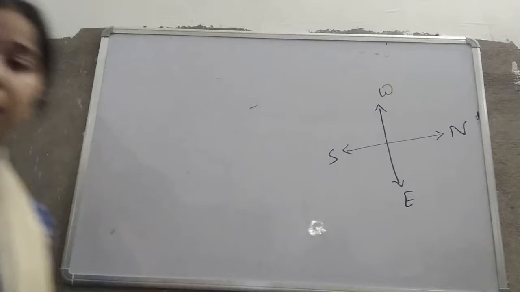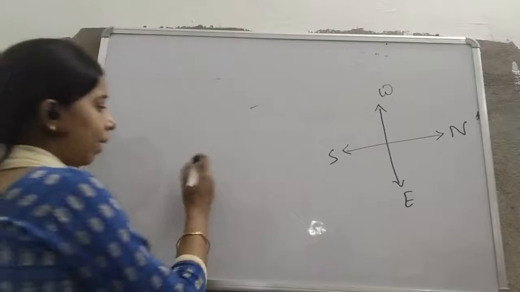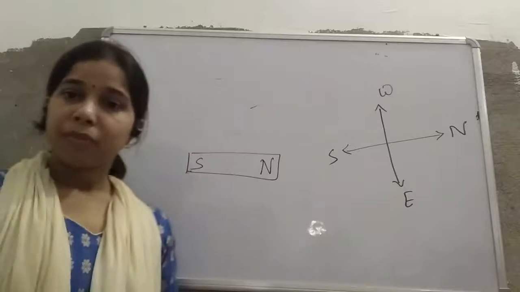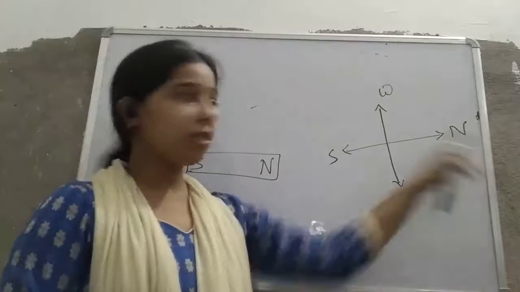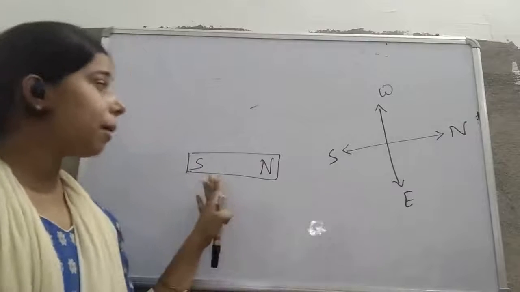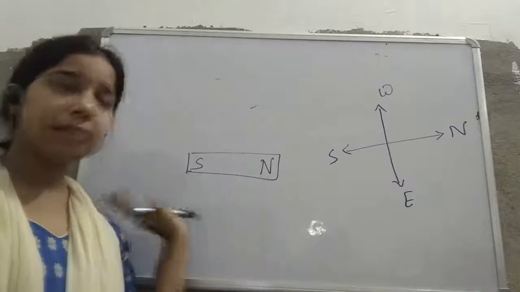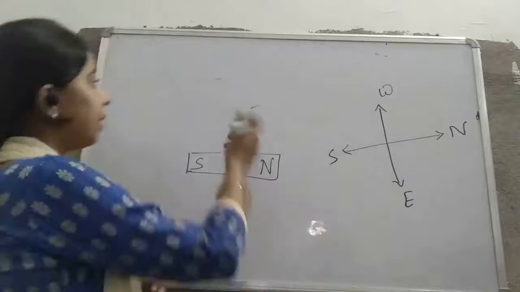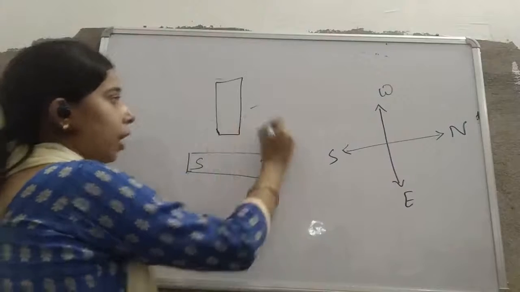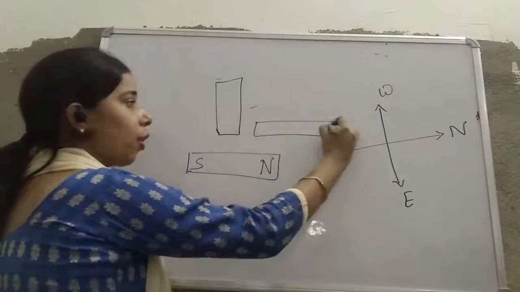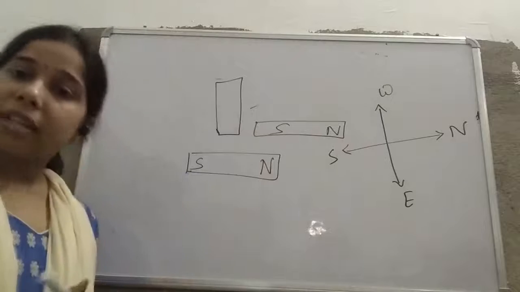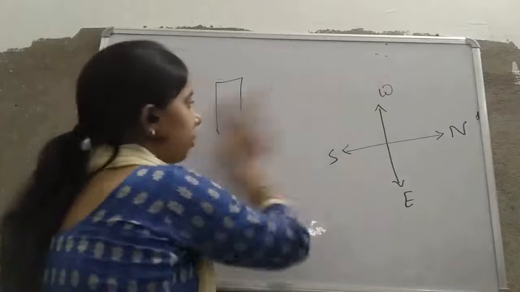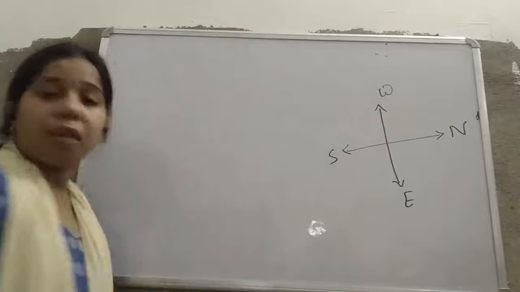So we represent it by that of the north pole and south pole. Okay, so this is the north direction, this is the south direction. If you keep the magnet like this, if you leave it like this, it will always align itself in the north or south direction. It will never be like this direction. It will always align itself in the north and south direction, which tells that it always shows the north and the south pole of the earth.